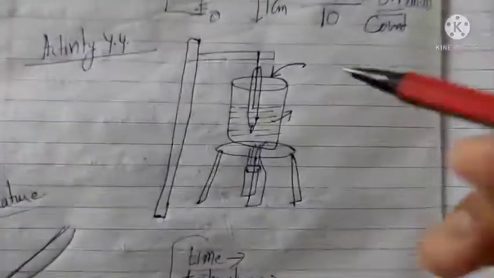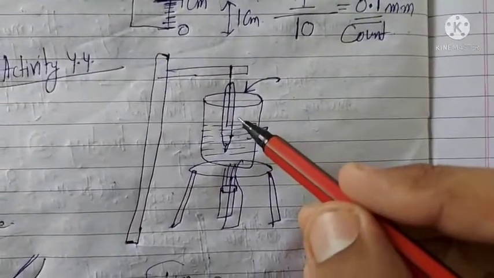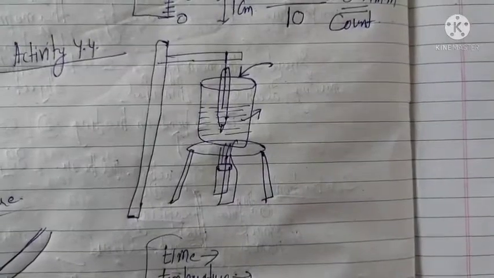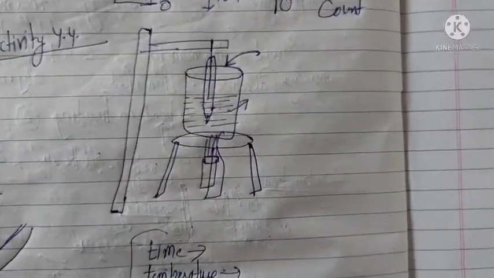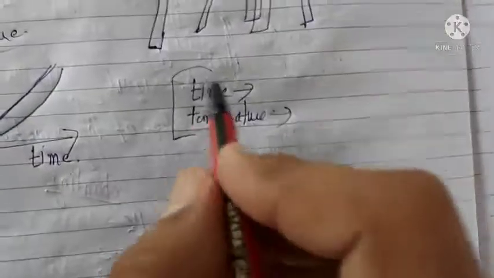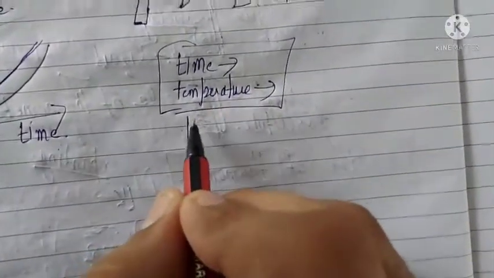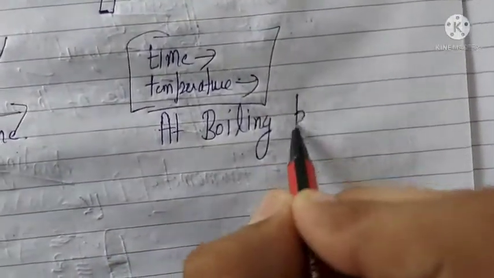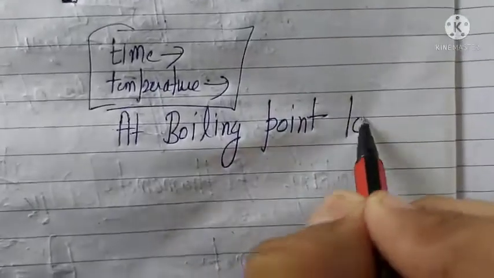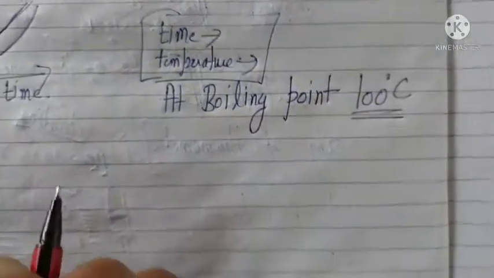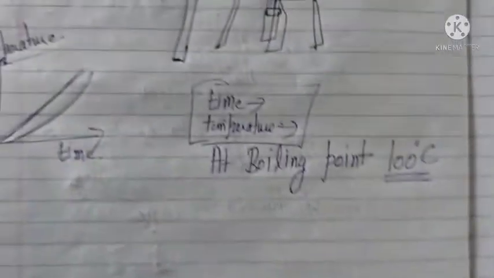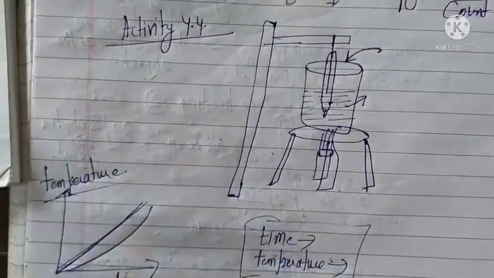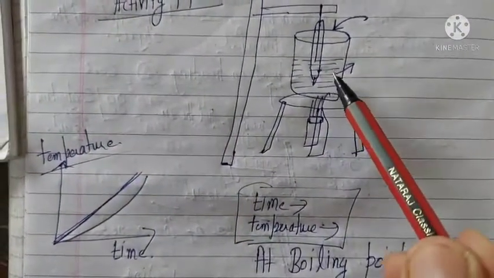And if you take this thermometer out of the liquid, the level of mercury will drop down and the whole of the mercury will get collected into the bulb. So this means you can also find out the temperature at which water boils. That means you can find the boiling point of water, and calculate whether it's 100 degrees Celsius or something different. You can calculate that. So with the help of this laboratory thermometer, you can observe as the temperature is increasing